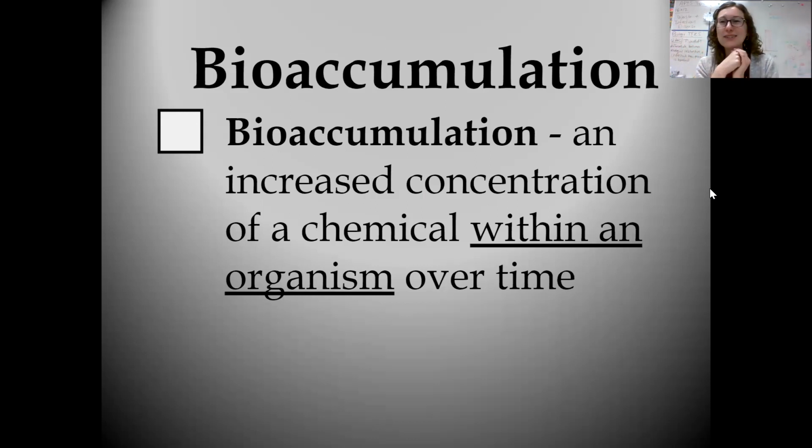We talk about bioaccumulation. This should hopefully be a review from when we talked about land use, agriculture, water. Bioaccumulation is the increased concentration of a chemical within one organism. So this is something that's not going to be digesting out. For example, DDT is a big one. DDT is not something that whenever I ingest it, I'm going to digest and then poop it out. DDT is something that's going to actually get into my tissues, and it's going to bioaccumulate in my tissues. So bioaccumulation is the aggregation or increased concentration of one chemical in one organism over time.